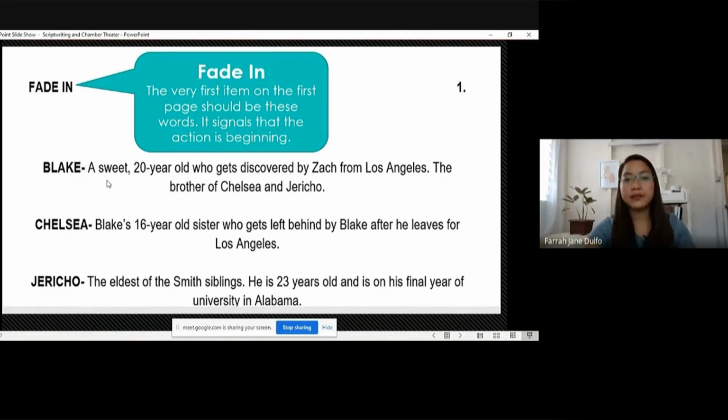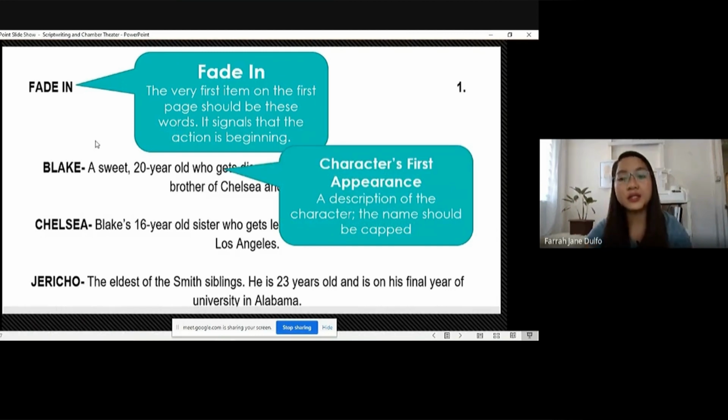Another is this one, the character's first appearance. So when the character comes in first, for example, in Act 1, Blake, Chelsea, and Jericho come in, you need to have a description for the character. The description allows the person portraying the role to get to know the character. So it should be like sweet, 20-year-old, a brother.